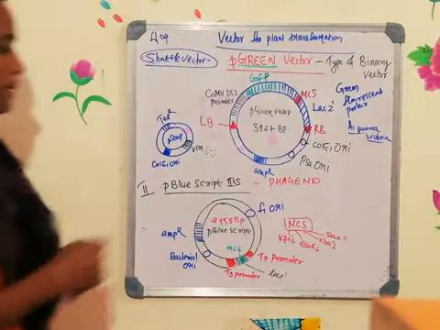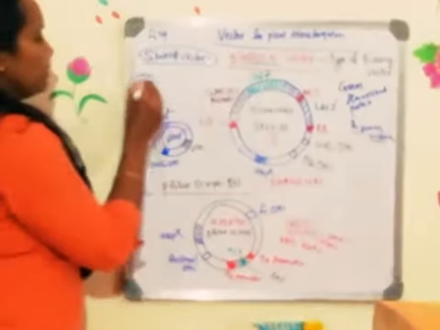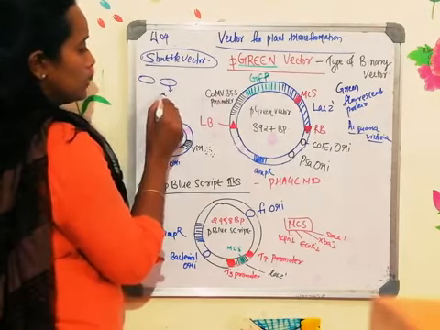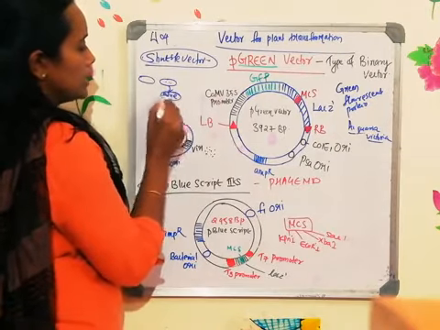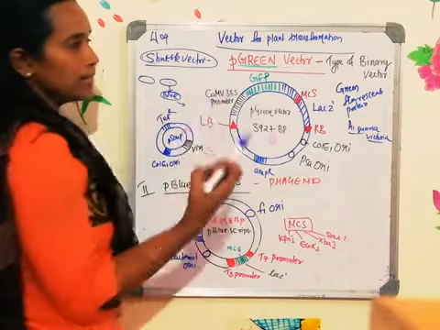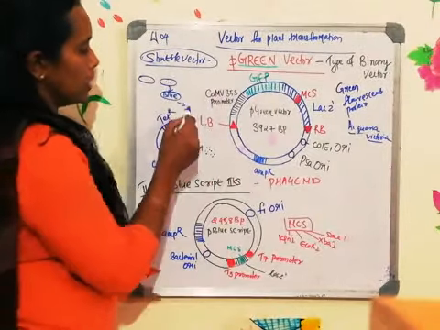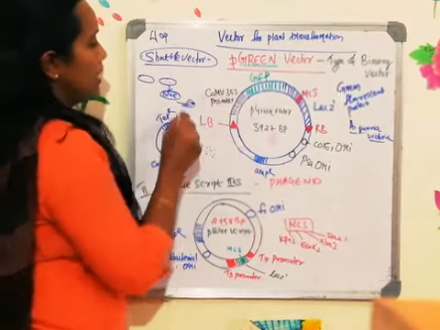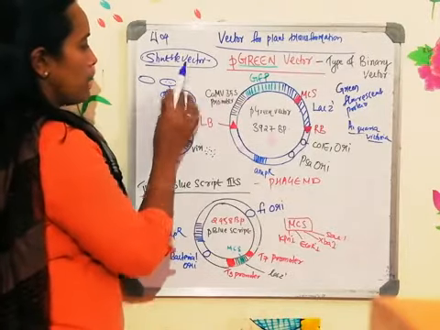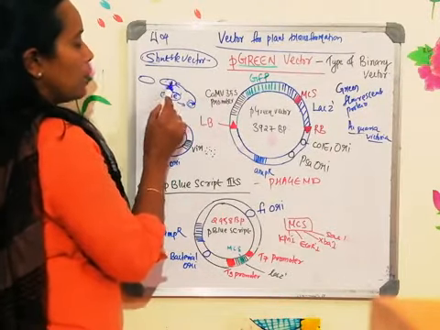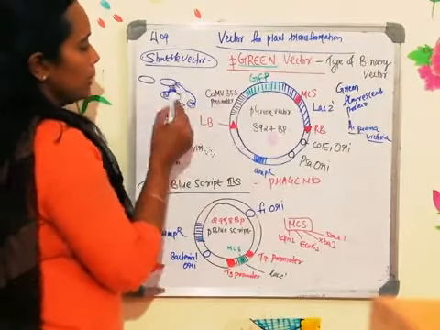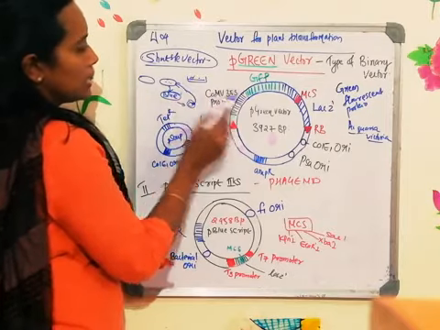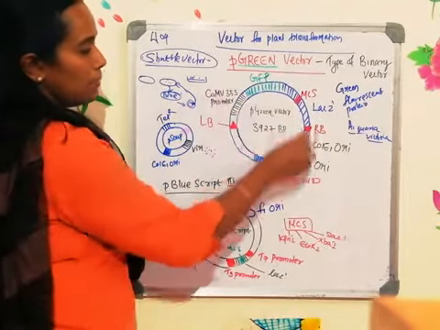So first it will be in E. coli, and from E. coli it will be transferred into the Agrobacterium tumefaciens. Then they select the Agrobacterium tumefaciens. Whichever colonies are blue, they select this blue colony and isolate the plasmid, and after isolating the plasmid, they insert the foreign DNA into the multiple cloning site, and then again do the transformation, putting it back into the Agrobacterium tumefaciens. Now again, the second time they go for a selection wherein in the petri dish they get white and blue colonies. Whichever white colonies are there, they are all the cells which have taken up the vector with the foreign DNA.